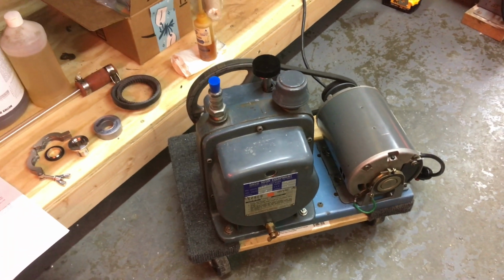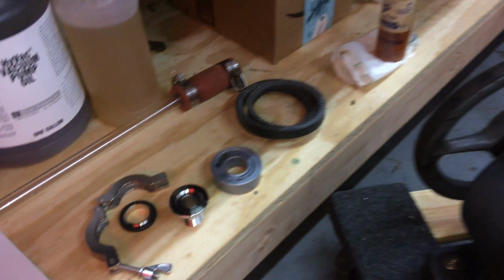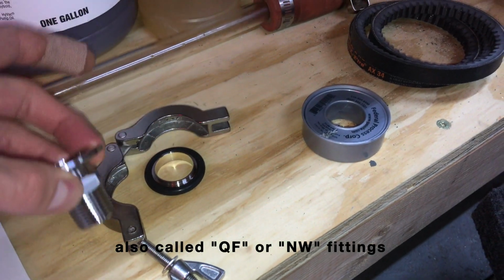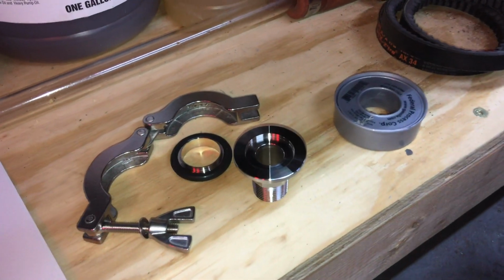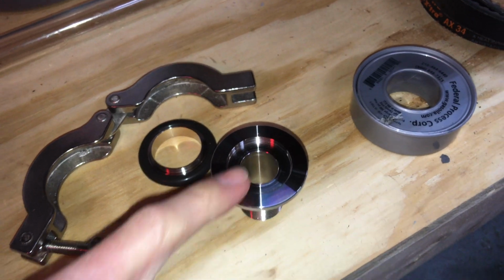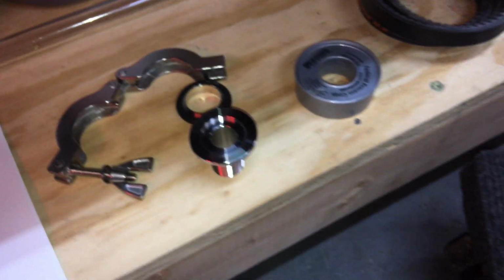But what I wanted to do was retrofit this, instead of this hose barb we have on here, with a KF25 adapter. KF is an ISO standard for genderless vacuum fittings. KF is German, stands for Klein Flansch, which means little flange, and the number on the KF flange is the maximum nominal inner diameter. So this is a KF25, so a maximum inner diameter of 25 millimeters. I'll be attaching it into the intake here. This is a 1/2 inch NPT,